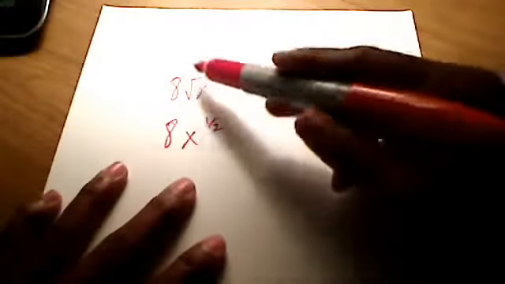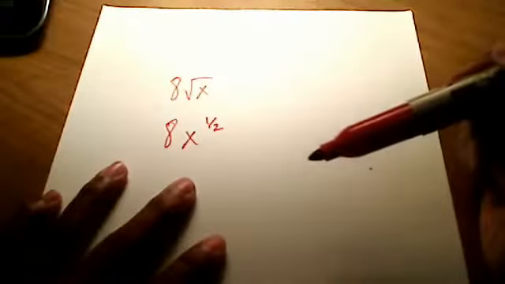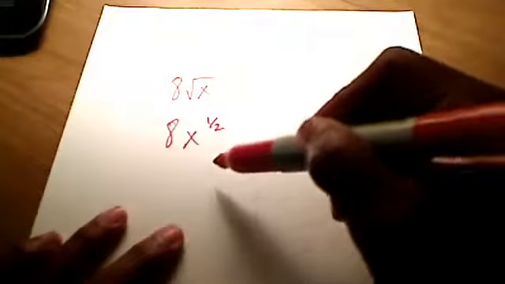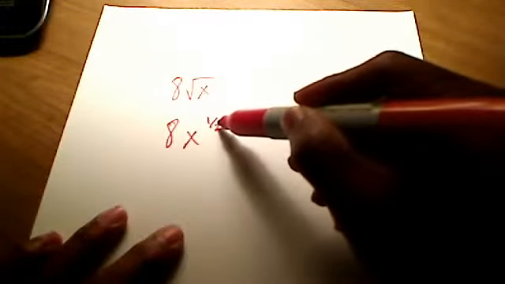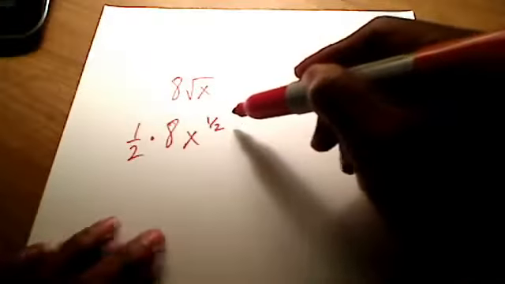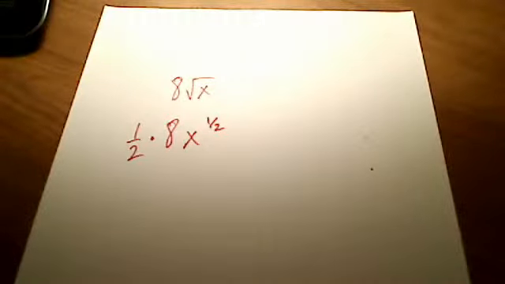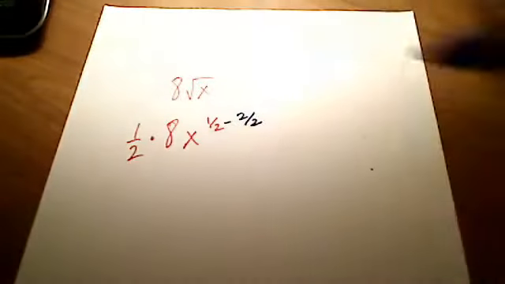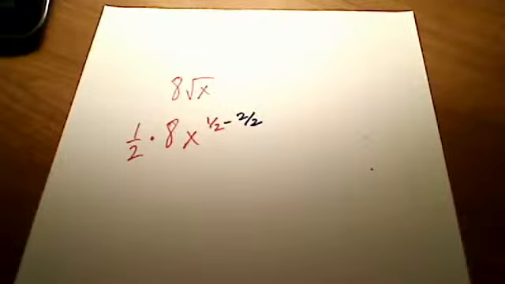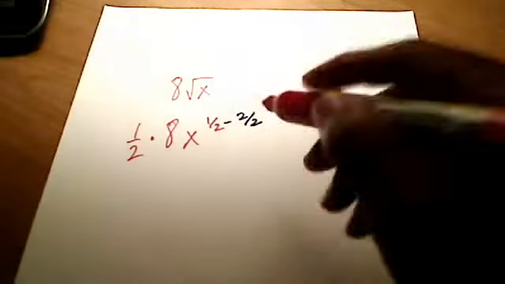Okay, so if we have 8 square root x, which, if it's okay with you, I'm going to write this way, 8x to the 1/2, right? Because a square root is really just a fractional exponent of 1/2. Well, you know that the derivative rule says, let's take that 1/2 and multiply it by whatever's out front here, and then we'll subtract 1 from the exponent. We'll subtract 1 from 1/2, but I'm going to write the 1 as 2 over 2. And 1/2 minus 2 over 2 is simply